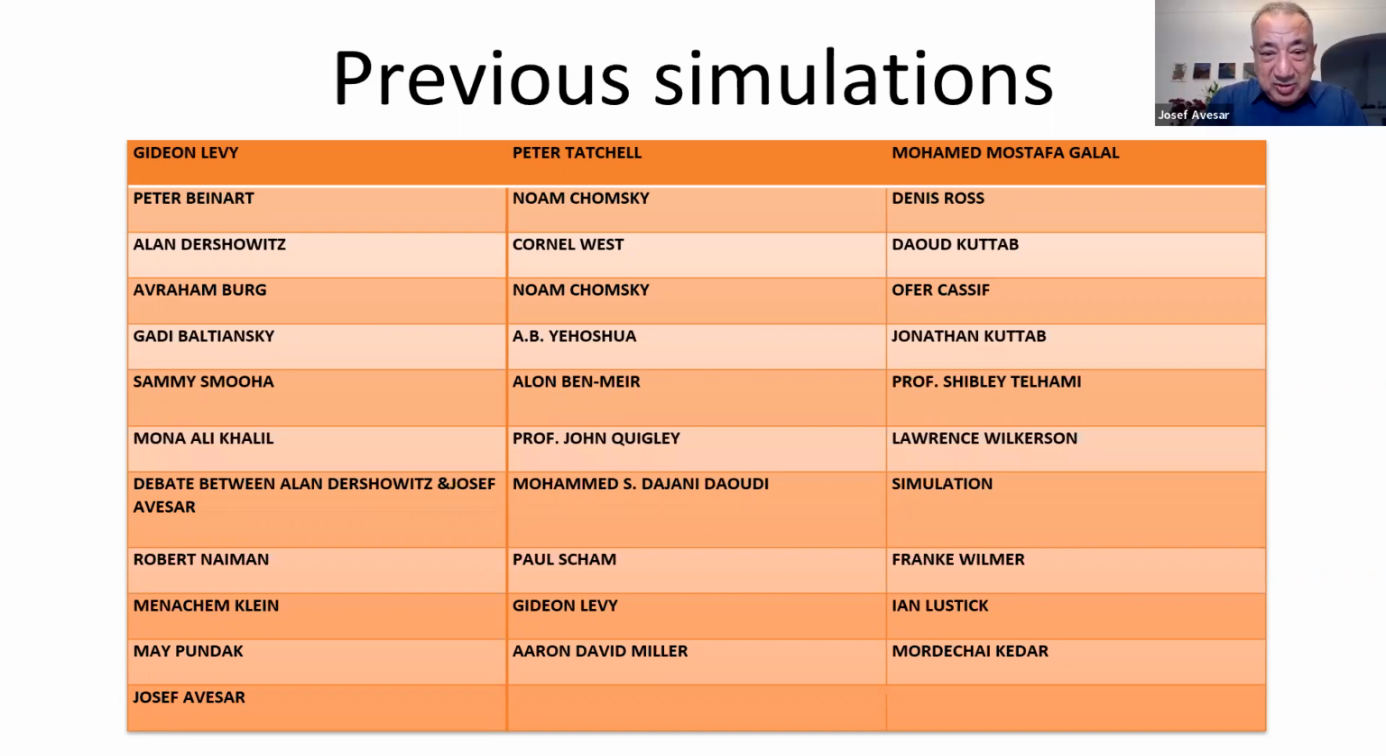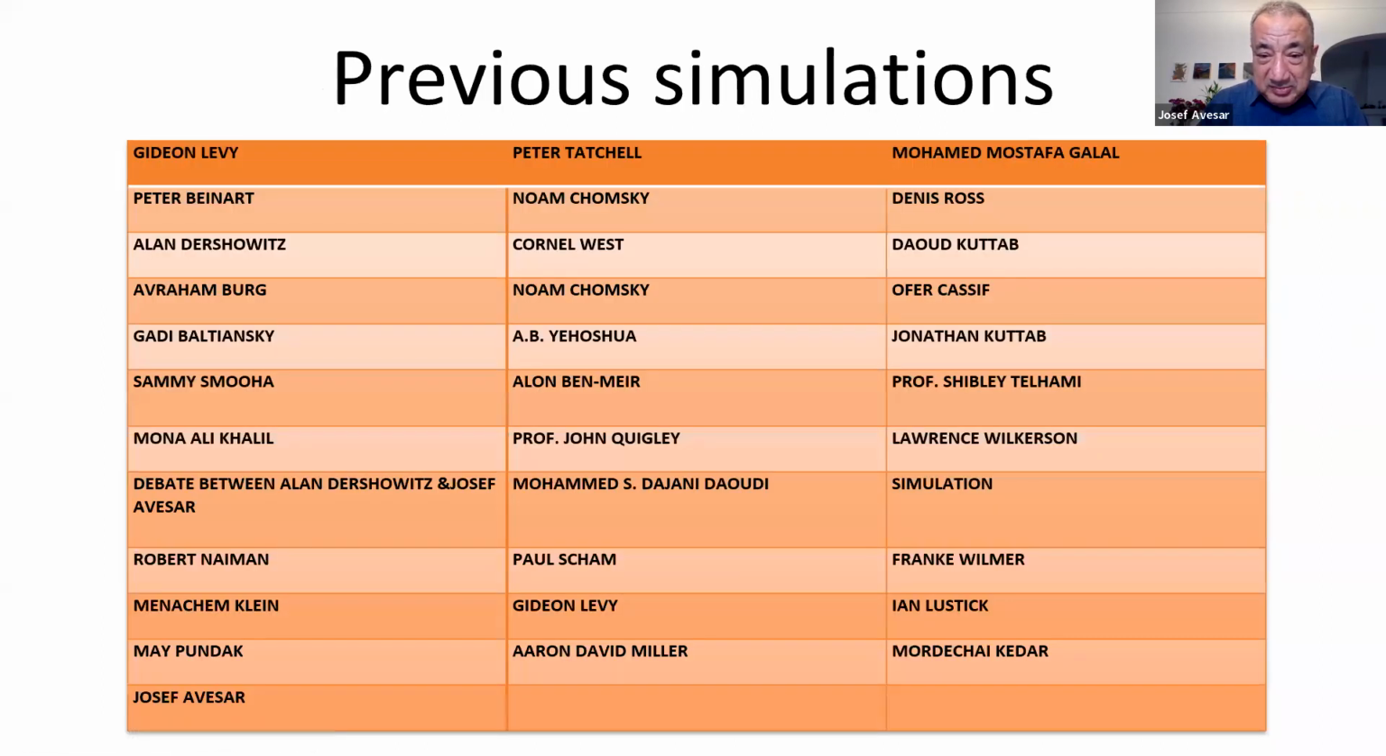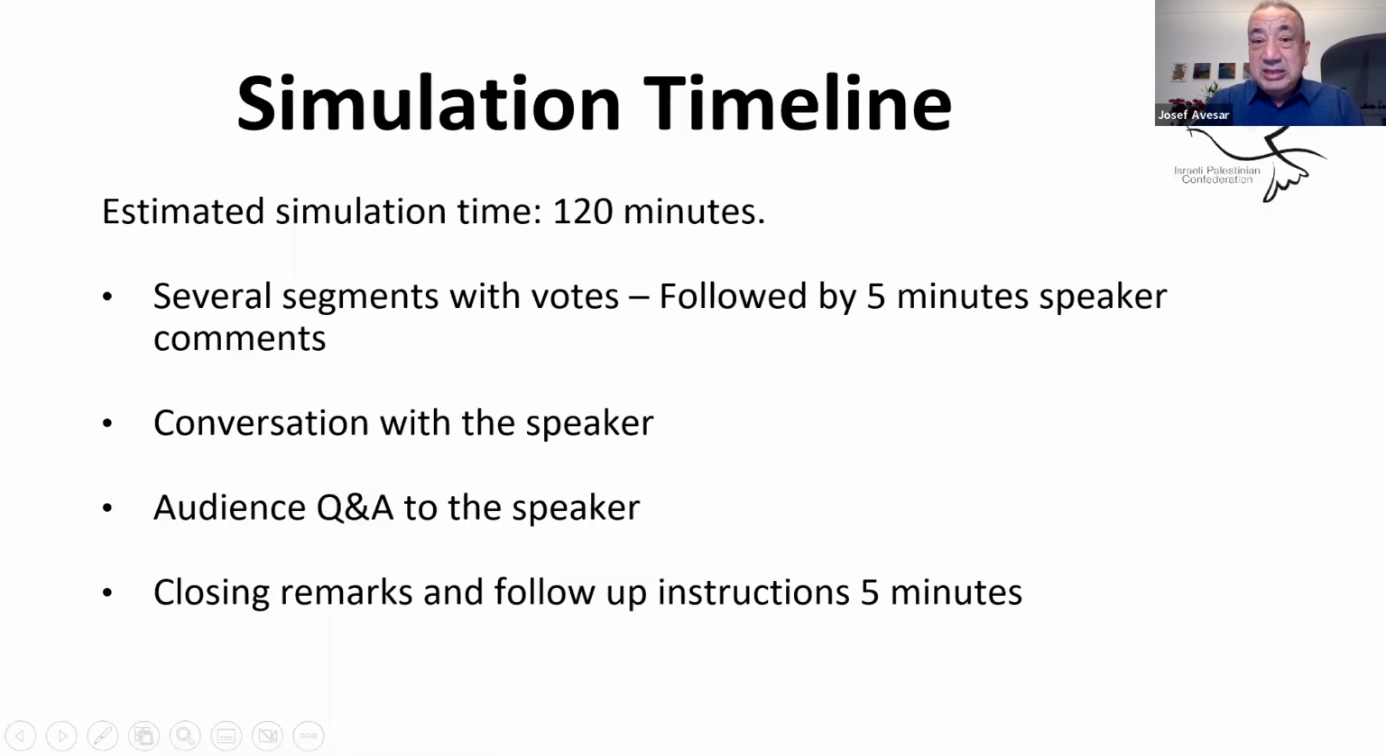We had Muhammad Dajani, we had Robert Neiman, Paul Sham, Frankie Wilmer, and Menachem Klein, Gidon Levy, we had them once and twice, and Ian Lustig, May Pundak, Aaron David Miller spoke, and Mordechai Kedar. And so all of these are available on YouTube, and we will send you links to all of